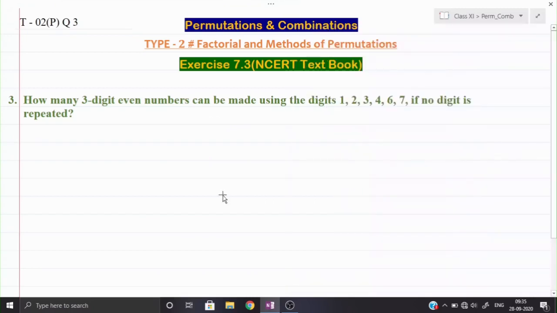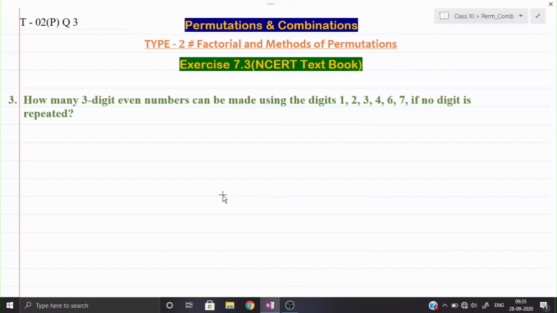Let us see now question number 3. How many 3 digit even numbers? Remember, in one statement they are giving two conditions. The number should be 3 digit, and it should be even as well. It can be made using the digits 1, 2, 3, 4, 6, 7. See here the specific numbers are given, so we can't take from 0 to 9, and 0 is not given here. So we will take only those numbers mentioned in the question, if no digit is repeated,